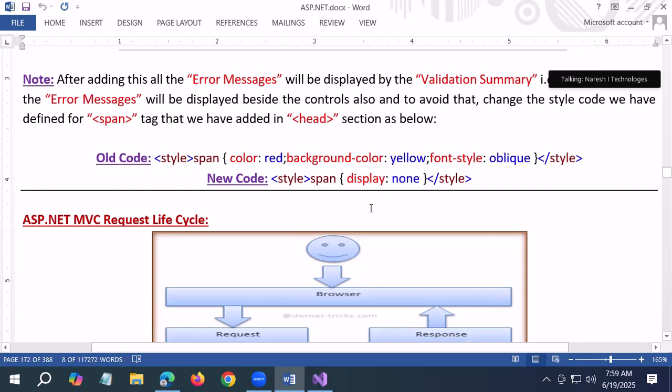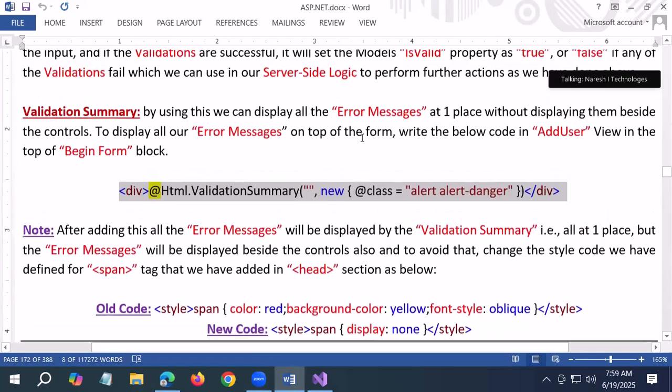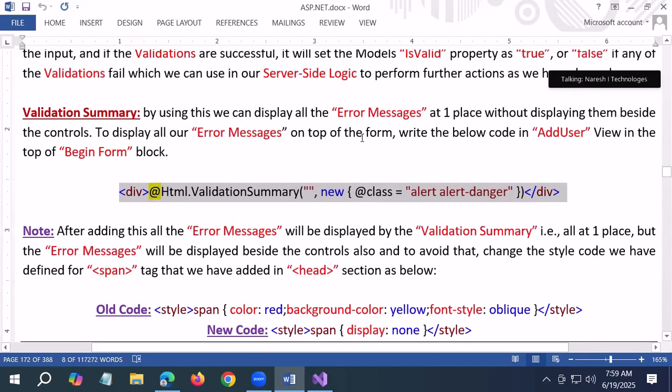But to remove the messages, what did I do? Display none. This is the old one. This is a new style that I'm writing. Display none. Okay now, before we start with the database programming, let us try to understand